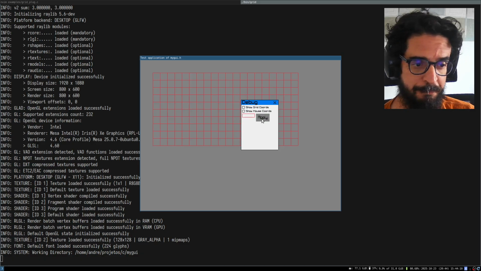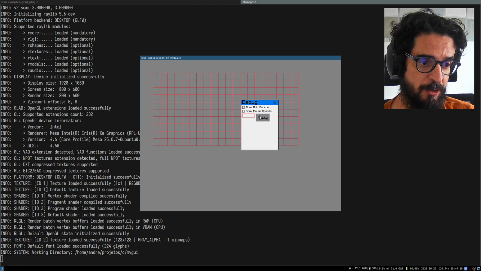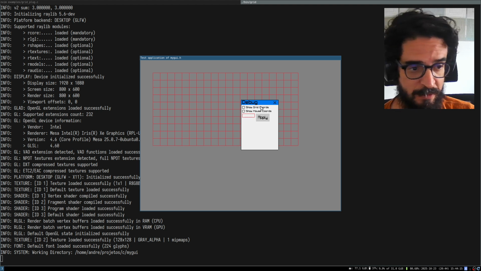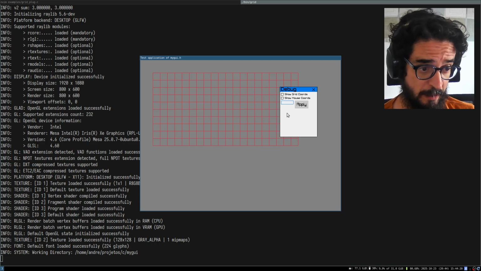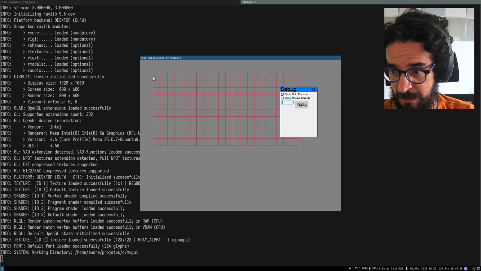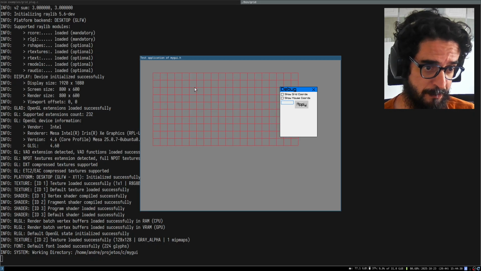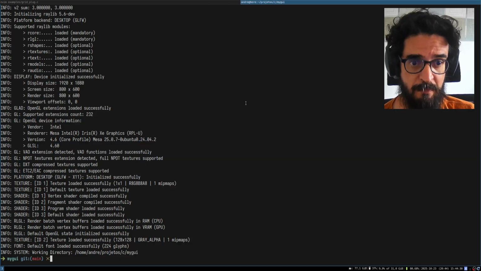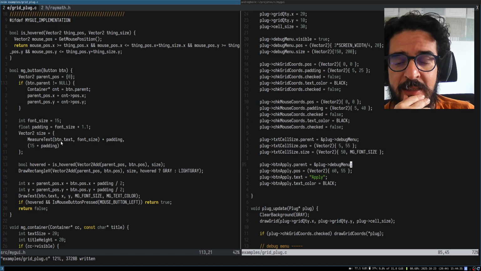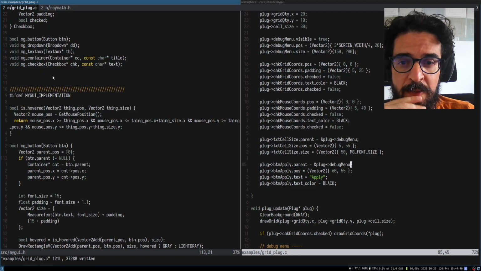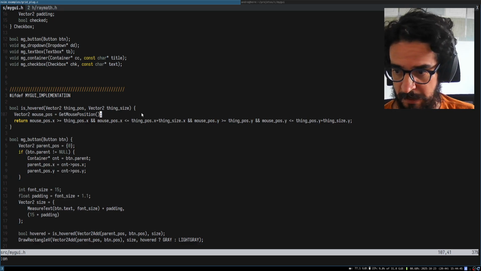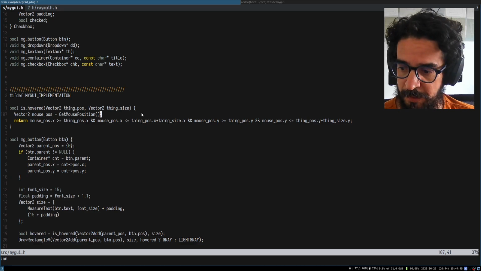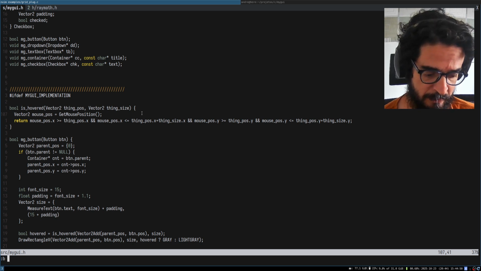That's really nice. So I just need to make it prettier, but I won't do it right now. I will just do what I want to do, which is put in a number here, which will be the grid size, the cell size. Then it will behave accordingly. That's nice. So we need to go to plug implementation,